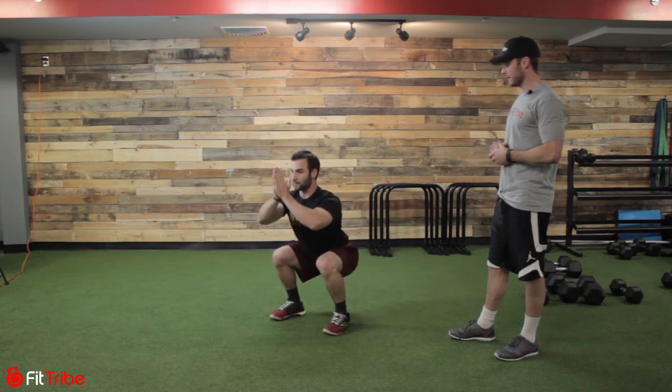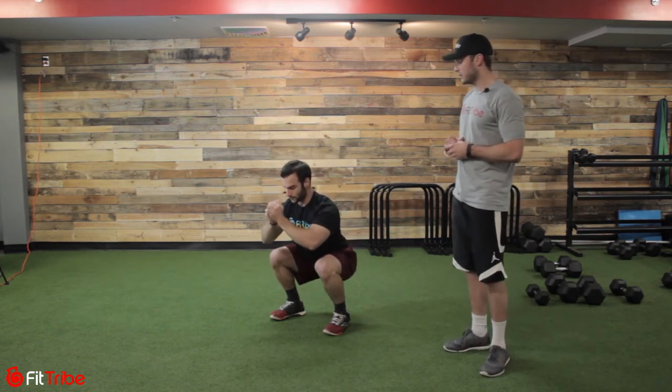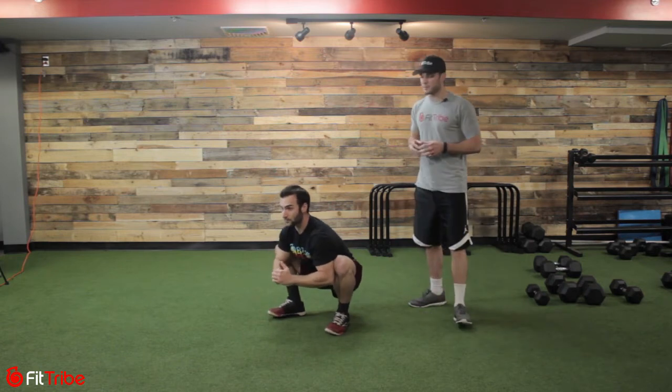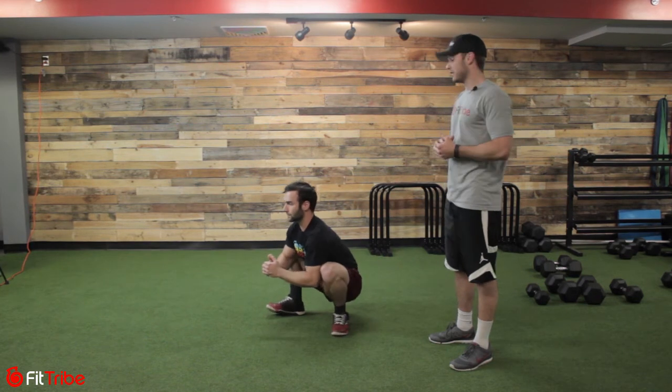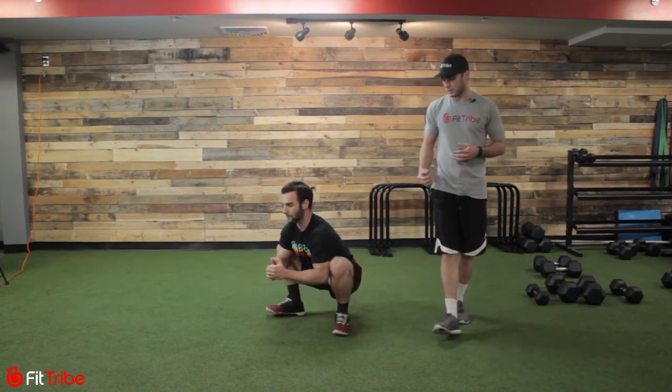So let's take 3 more here. On the third one here, Ron's going to hold at the bottom. He's going to put those elbows in between his knees, pushing out on his knees, opening those hips, and he's going to rock it back and forth from one foot to the other. So from here, we're opening those hips, we're waking up those ankles. You may be here in an early morning, so you're just out of bed. We're going to do this for about 3 more seconds, 2,